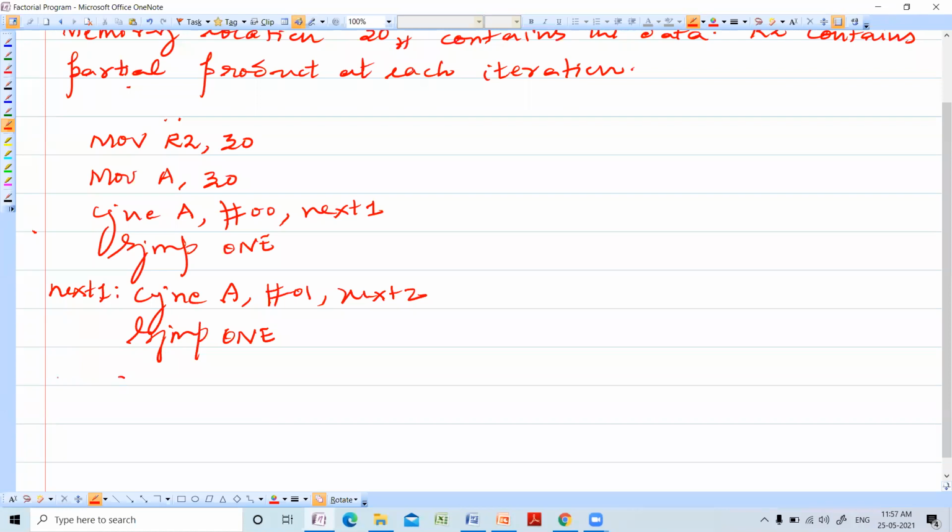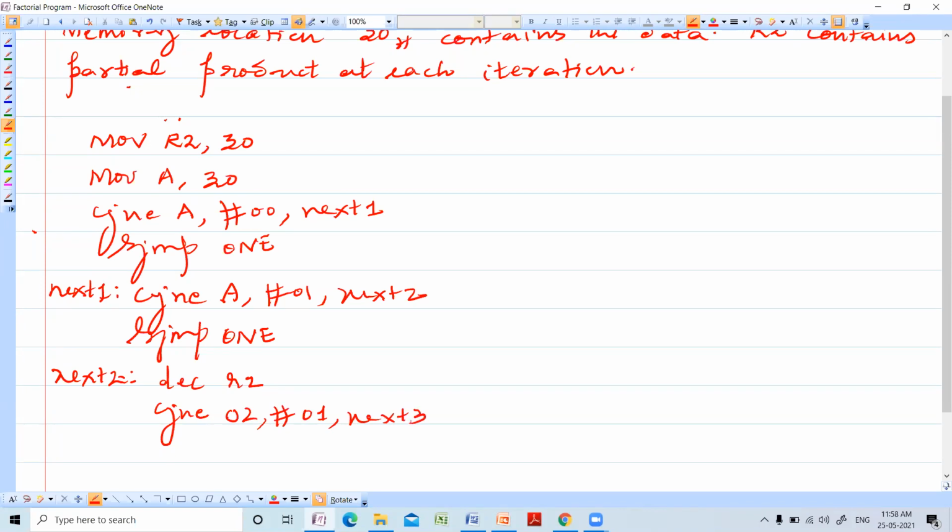So now what is next, 2? Here you check whether it is 2. That is what you are doing. Decrement R2. Now you check CJNE 02 with #01.